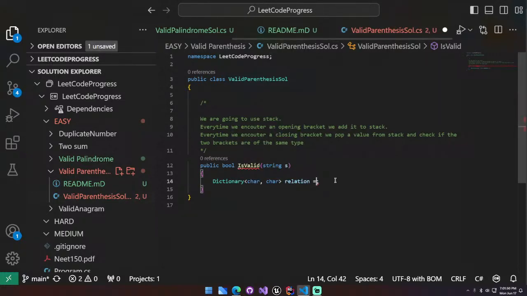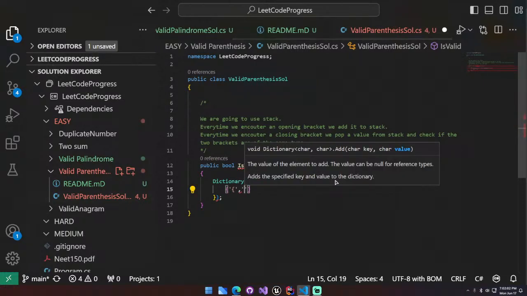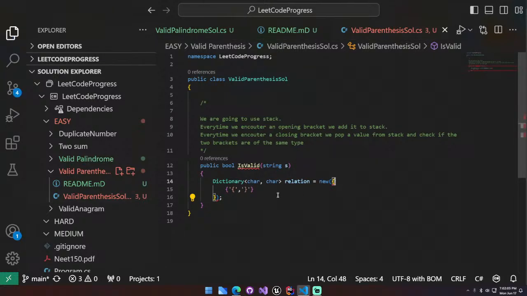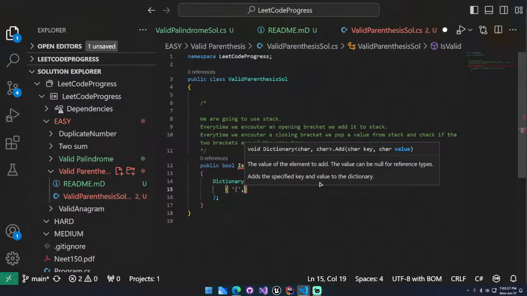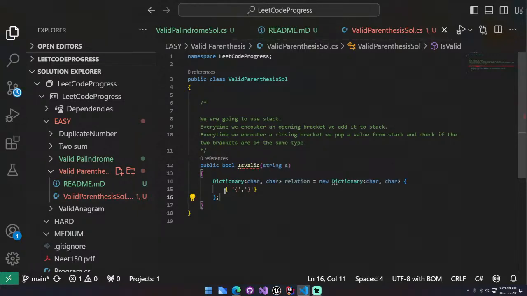So we are going to create a new one, and inside this we're going to have something like this. Let's say opening, it's going to be closing. Does this work? Maybe it does not. How do we add new elements to a dictionary directly? I'm kind of confused. I think this is how we do it. Okay, yeah, this is how we can add elements directly while creating the